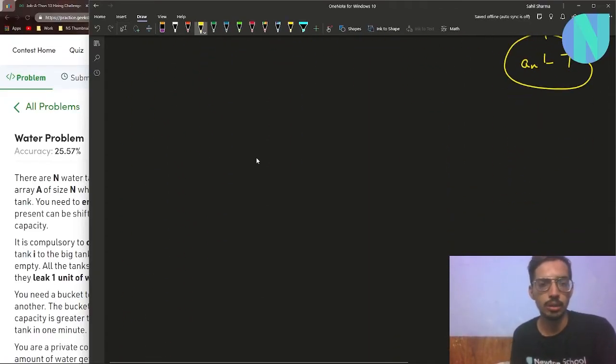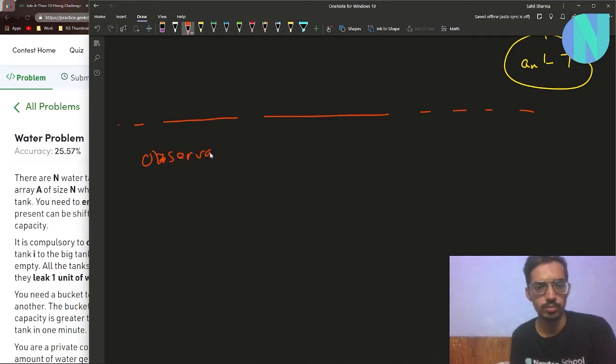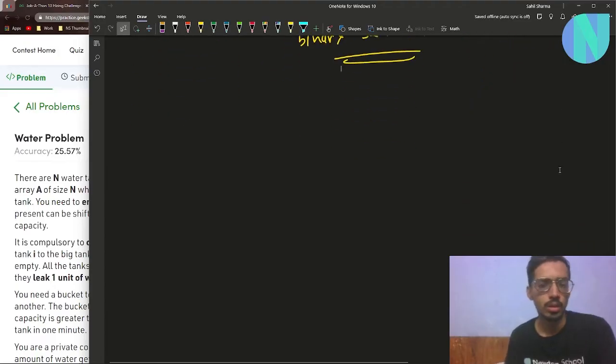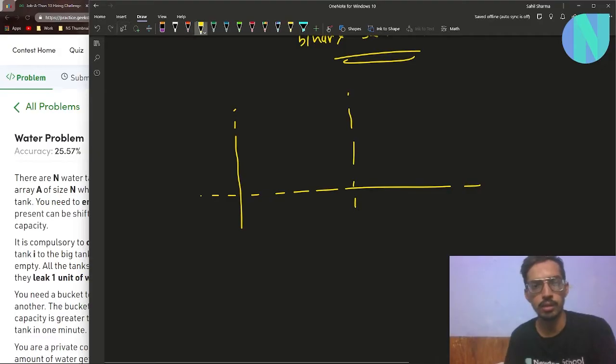So let's move on to the second observation. That is, you have to find the minimum value of B, right? And I have always told you that whenever you are asked to find minimum or maximum, the thing that you should think about is binary search. So how can we apply binary search on this? So if you think about this, I can divide this into two parts, right? Here is my answer, right? This is the minimum value of B, right? If you are able to achieve the answer with B,